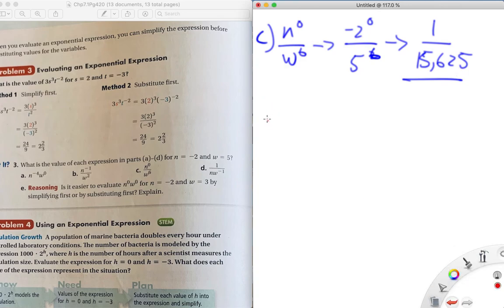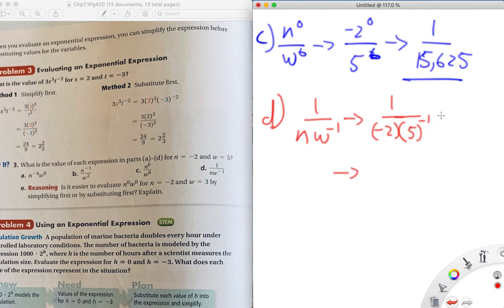Alright, so D, we have 1 over n times w to the negative 1. Again, I'm going to substitute the numbers first, so it's 1 over negative 2 times 5 to the negative 1. This negative 2 has no negative exponent, so it stays exactly where it is. This 5 does, which means its reciprocal is going to move it up top. 5 to the 1 is just 5, and then the negative 2 stays on the bottom, and we have